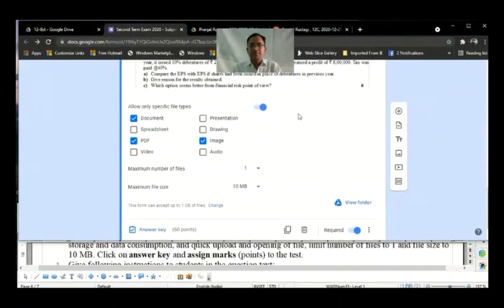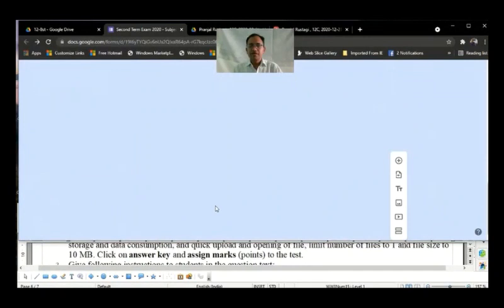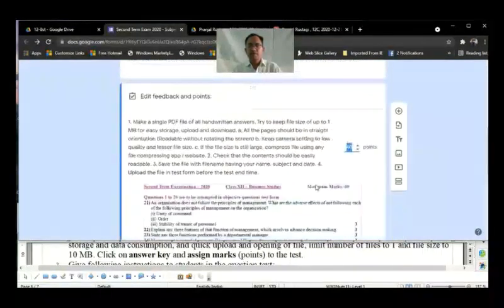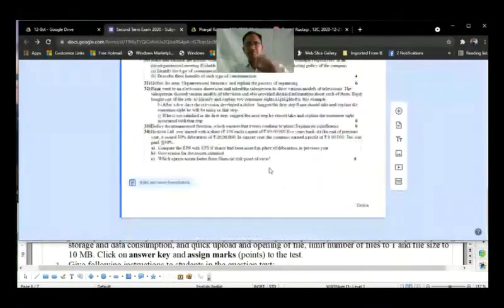After this, make this question required. Then click on answer key and assign suitable points to this question. If it is for 60 marks, then I assign 60 points over here and click on done.